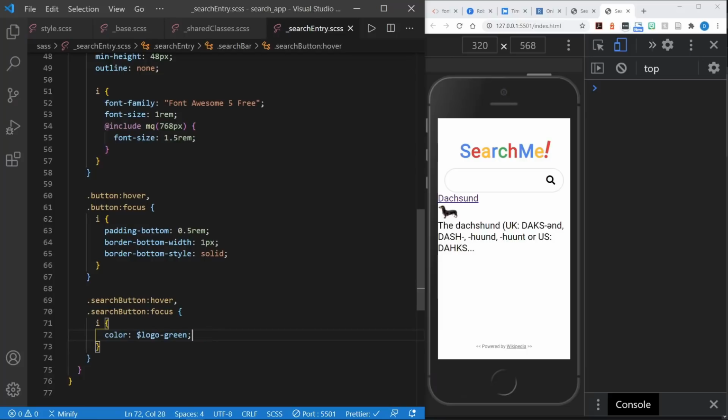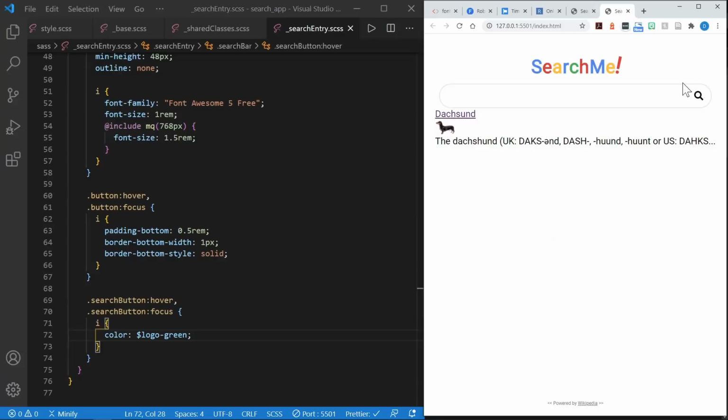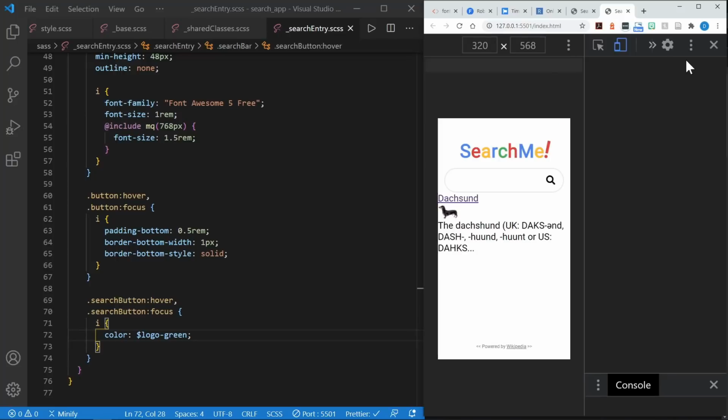And this is where we'll see that magnifying glass change to green. So I'll come back out of DevTools again, and now it changes to green when we mouse over or when we hover as well. Hover or focus actually, so we can tab over to it and have it change to green as well. Okay, back out to DevTools again,